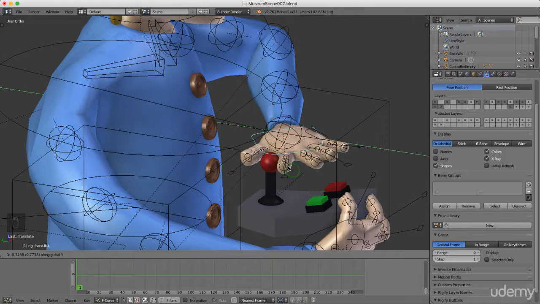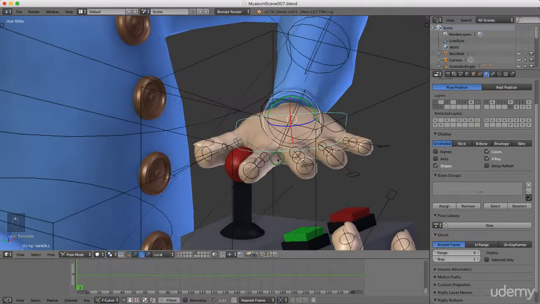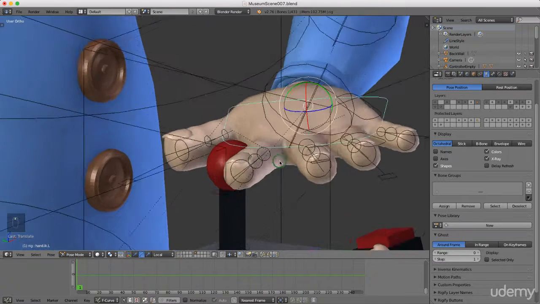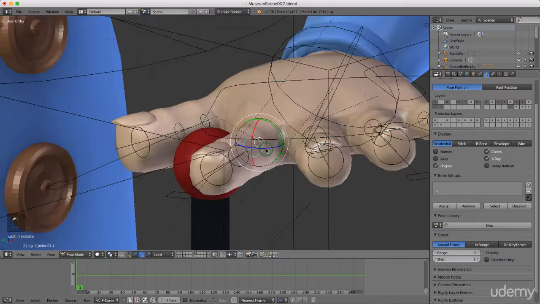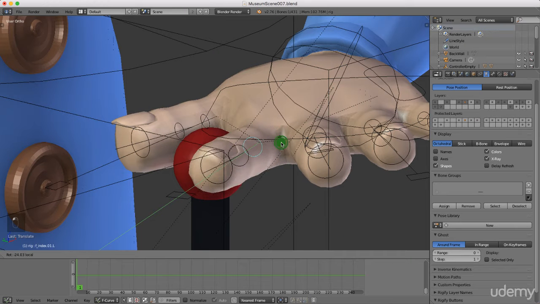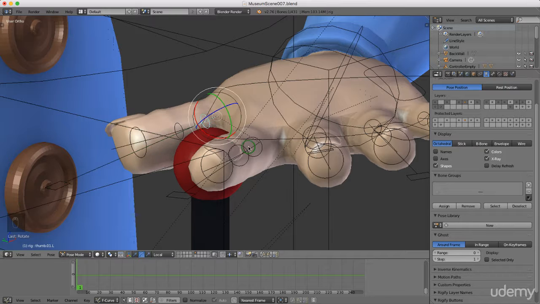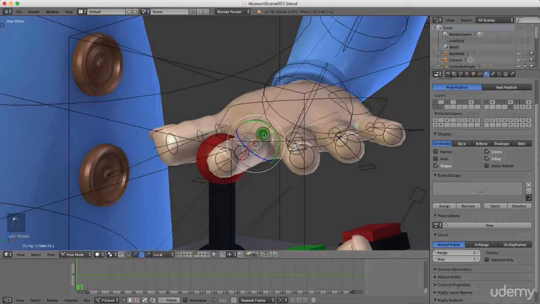Okay, so I want these two fingers, I want his thumb and his finger to be controlling this and the other ones to be slightly out of the way. So I'm just going to select this and maybe rotate the finger around. Do the same thing for the thumb, just rotate that slightly and select this and just maybe actually select this and press S and